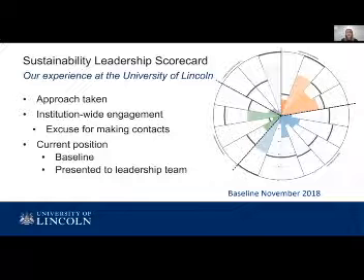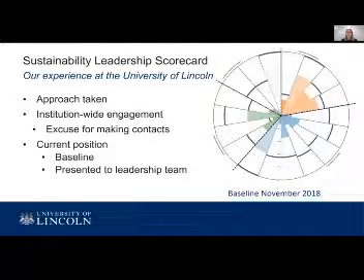Initially, when I joined Lincoln, I tried out the Life Index, had a bit of a dabble with a couple of other ranking systems and self-assessment tools. And for me, and particularly following the EAUC conference over the summer, when I learned a bit more about the Sustainability Leadership Scorecard, the SLS tool seemed like a natural progression for us in terms of where we were at Lincoln University. So I wanted just to share my experience with the tool to update you on where we are here,